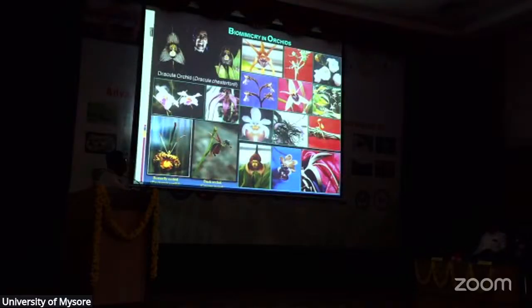Some of them show biomimicry of animal forms, and accordingly they have been nicknamed. This is Dracula chestertonii, and then Epicenium amplum, a moth-like orchid, green spider, Habenaria oiliifolia, Peristeria alata, the dove orchid, and then we have the parrot orchid, Bulbophyllum rochelianum, butterfly orchid, Papilionanthe teres, then white ant orchid, Anaphysis ceratia, bull's head orchid,